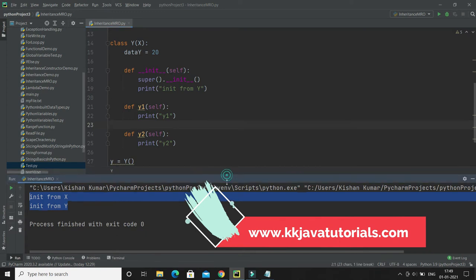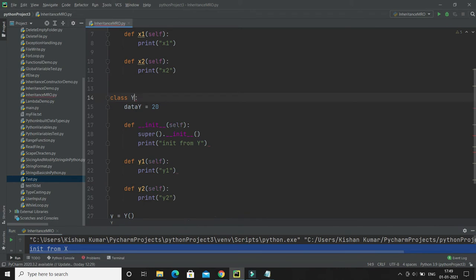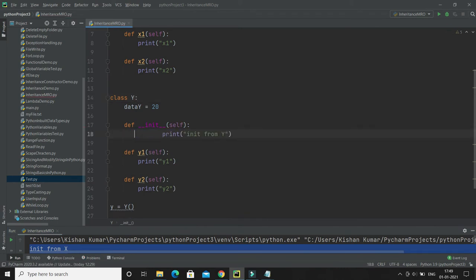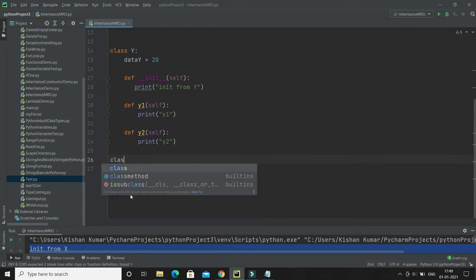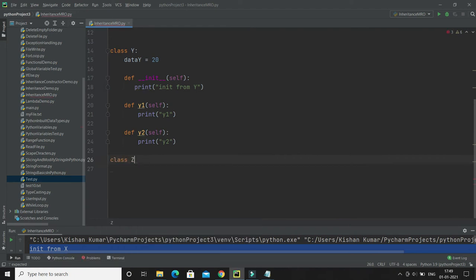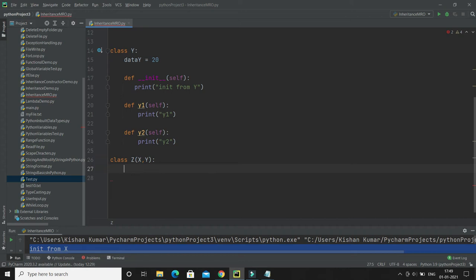Now the twist comes when, let's say, there is no subclass-superclass relationship between these two, right? These two classes are independent classes, and now I have another class, let's say class Z, which extends class X and class Y, because in Python multiple inheritance is allowed, right?